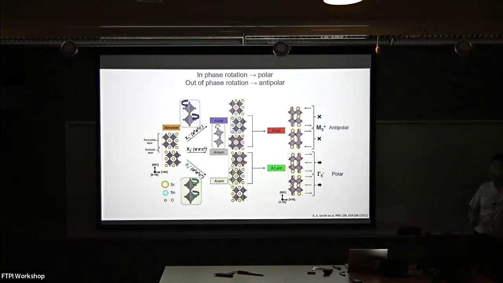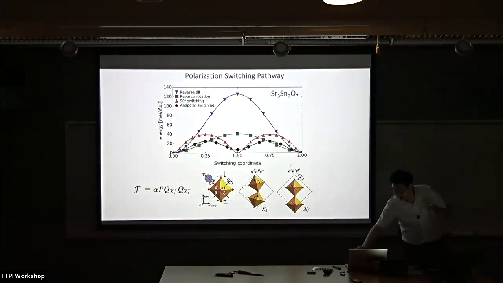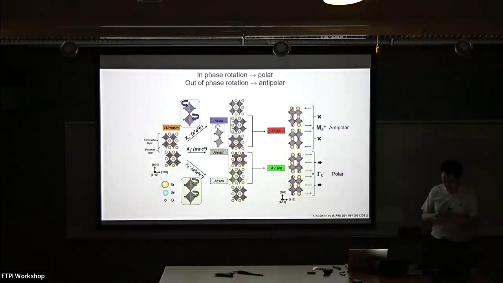Let's say both counterclockwise or both clockwise. And if we now change this rotation mode from in phase to out of phase, which means we have alternately counterclockwise, clockwise, counterclockwise, clockwise rotation, then the final structure will become a Pnma antipolar structure. So the calculation result here tells us the antipolar phase is actually the intermediate phase during the polarization switching in